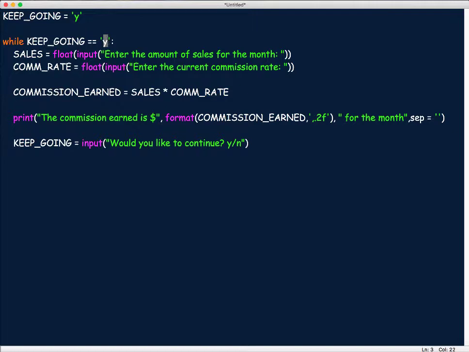Now, let's take a pause for a second. How does the computer know that this is a lowercase y and not an uppercase y or something like that? Well, that's where we start talking about ASCII. Because what happens is when you use Python, and really any language, they convert this letter into an ASCII value. Okay? So what's that mean? Well, let's take a look.